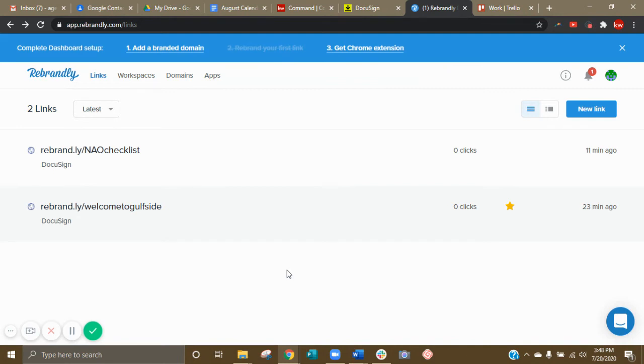except unlike those other sites, this site actually allows you to edit one of your custom links. So if the long URL changes, you can edit it and still keep this short URL. You cannot do that with bit.ly or TinyURL. You have to make an entirely new short URL when your long URL changes. So just to kind of explain that again,